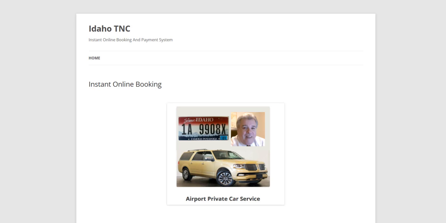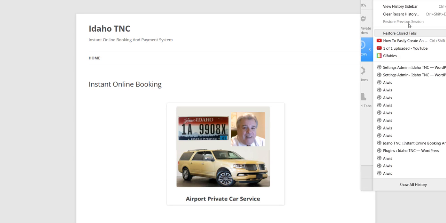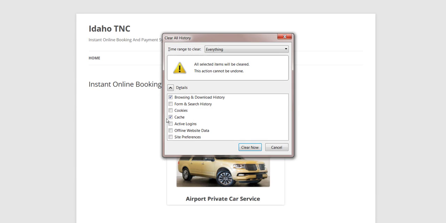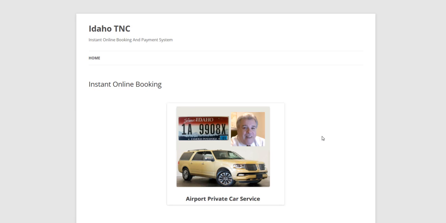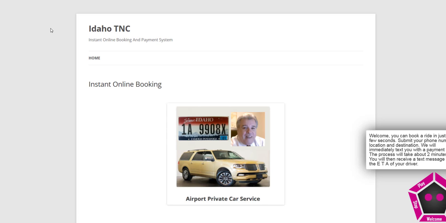Okay, so what we're going to do now is we're going to go over to the actual page. But the first thing you need to do, because a lot of you are opening it and it's not showing, just simply go to your history and clear your recent history, just your cache and your browser history. Click Clear Now, and you're done. So when we actually do this, it should appear. Welcome. You can book a ride in just a few